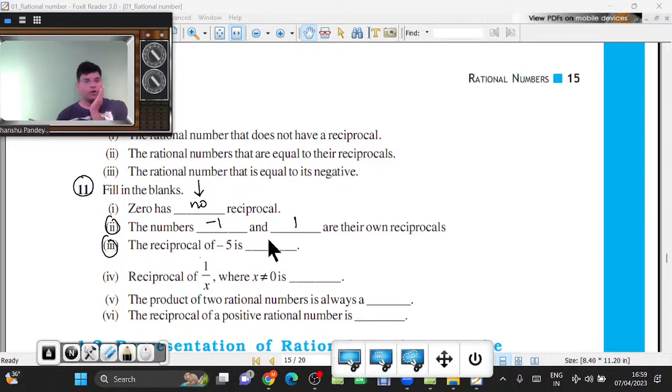Daksh, tell me what is... Yes, it's 1/-5. बेटा -1/5 लिखना है ना, डिनोमिनेटर में नेगेटिव साइन नहीं डालना बेटा. Ok, sir, I forget sometimes. रेसिप्रोकल ऑफ 1/6, 1/x क्या होगा बेटा अन्विता? Sir, it's x only. ओके, द प्रोडक्ट ऑफ टू रैशनल नंबर इज ऑलवेज, विहान? A rational number. द रेसिप्रोकल ऑफ ए पॉजिटिव रैशनल नंबर इज